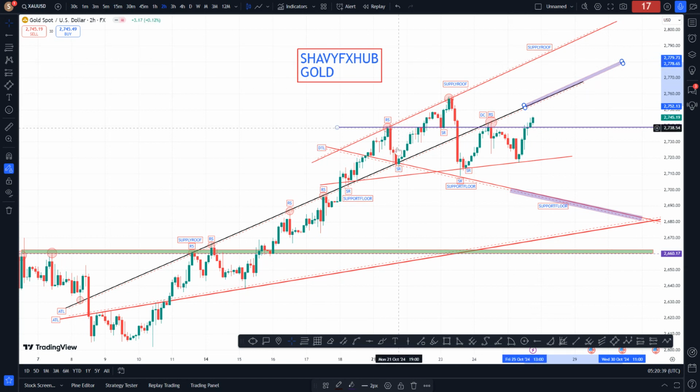This was a high. When this happened, everybody celebrated. Oh, gold is going to sell down. It didn't create a new high. So we can have a new high in this region. This is an order block on an ascending trend line. I know a lot of people have not had that before. It's an ascending trend line, but that is where the order block lies. And if price